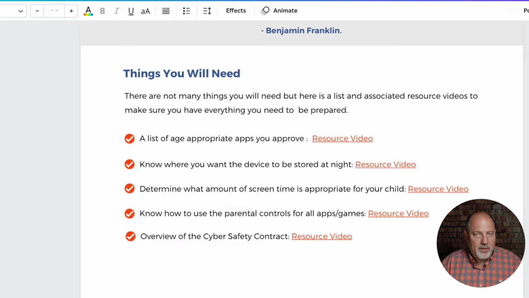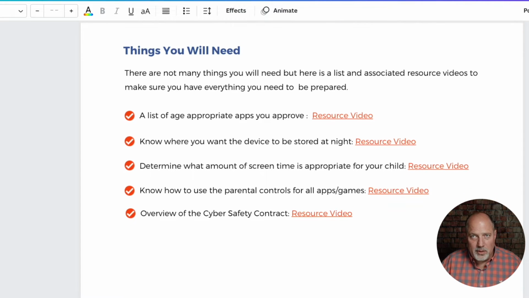Know where you want the device to go at night. We suggest, and we really recommend, they go into your room at night. There's a resource video for that. Determine the amount of screen time you want your child to have. There's also a video for that you've probably gone through if you're watching this one. And know how to use the parental controls. We give some very good tips, a very good resource, one and done for you video as well. And then this video here that you're going to go over so we can kind of go over the